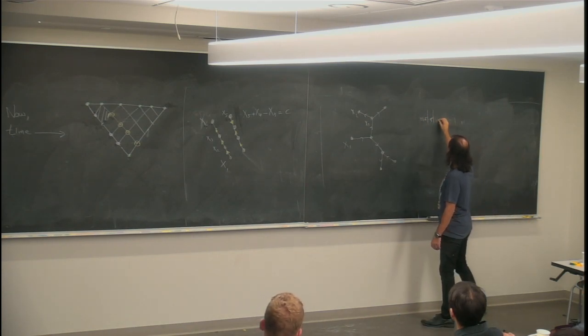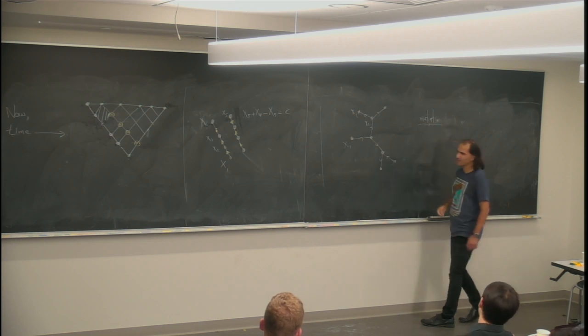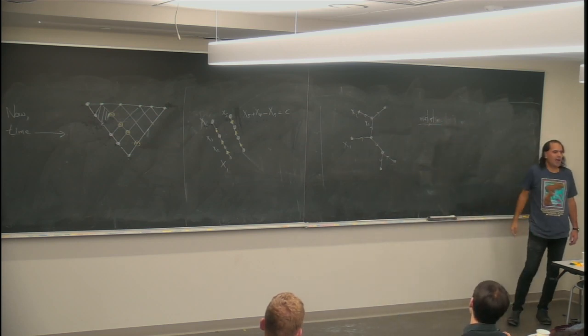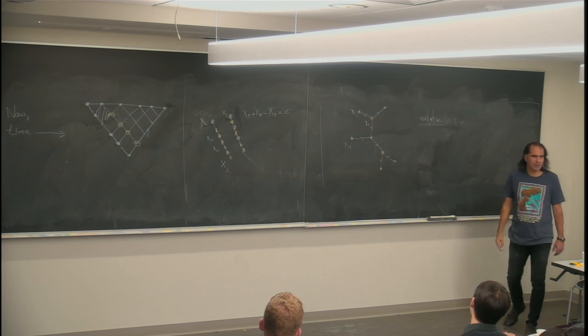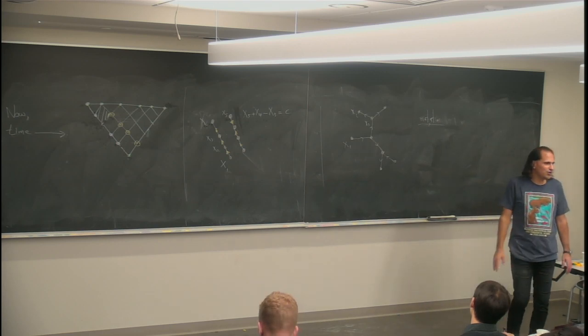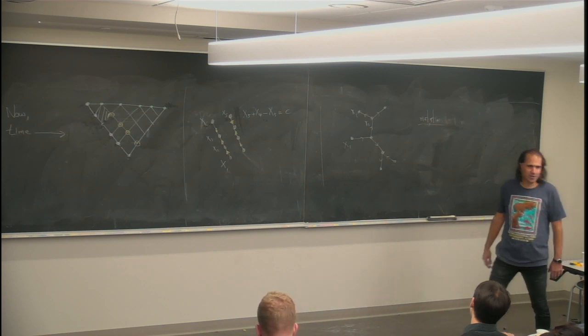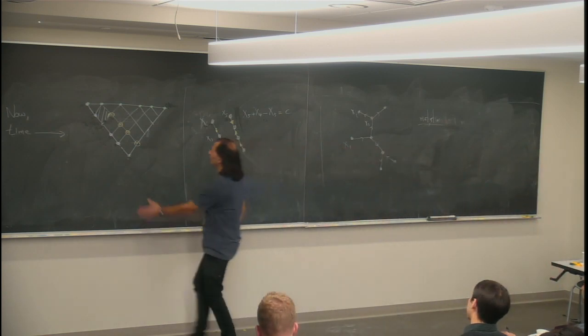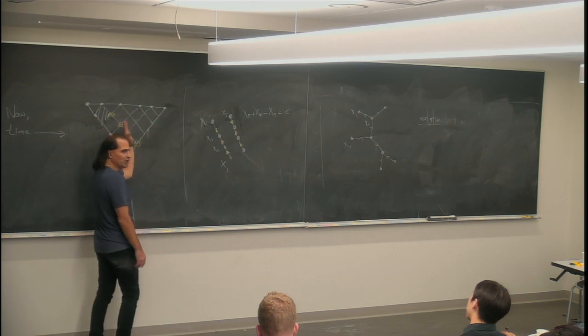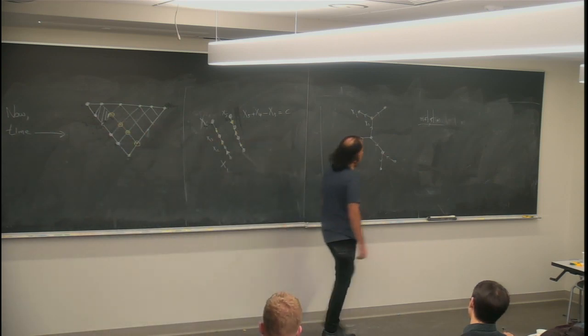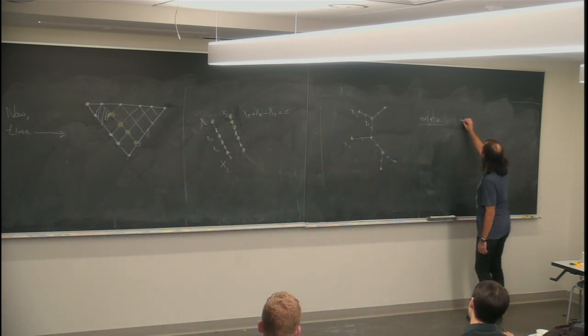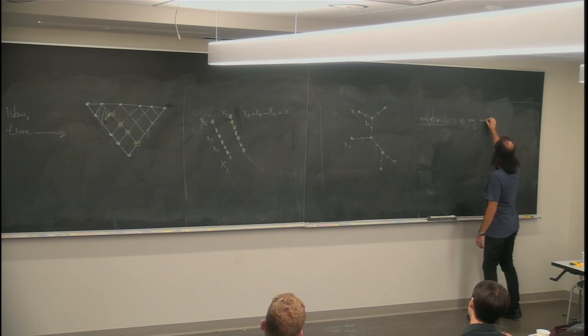Of course, this is going to end up being just a subset of all the mutations that Lauren and Thomas were telling us about yesterday. Okay, so this is just a subset of the usual cluster mutations, except we've not heard about cluster algebras. We're just abstracting away the rule for Cauchy evolution that we saw in this picture and just trying to state it for a general quiver. So we just mutate on any vertex, which is a sink,